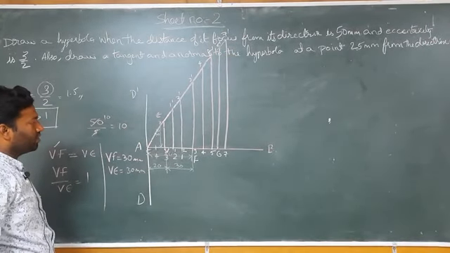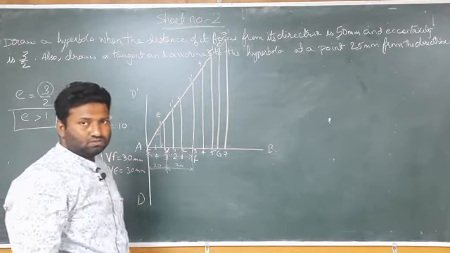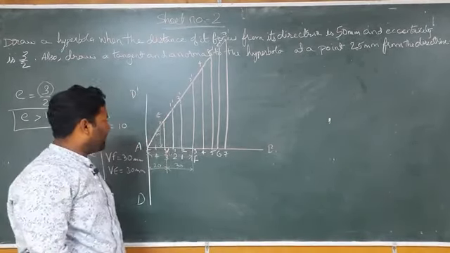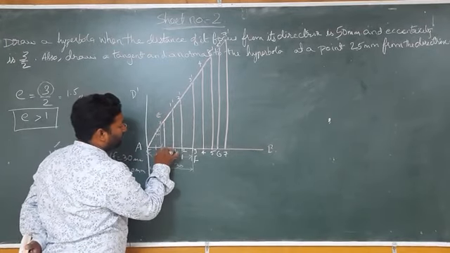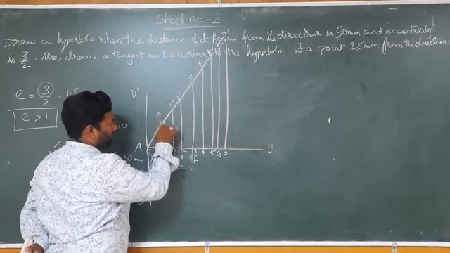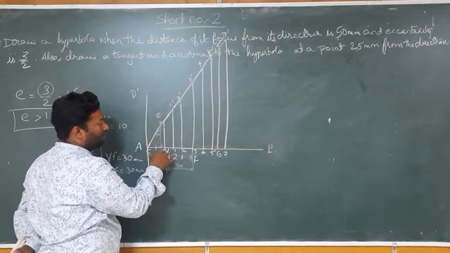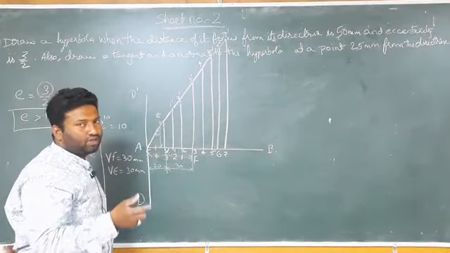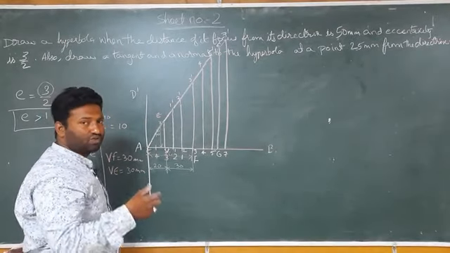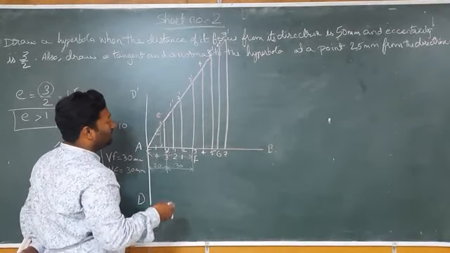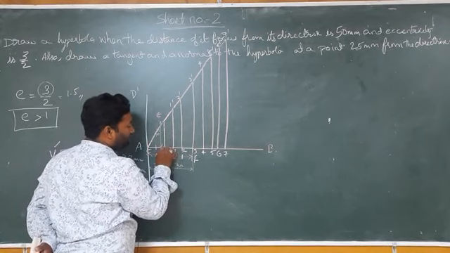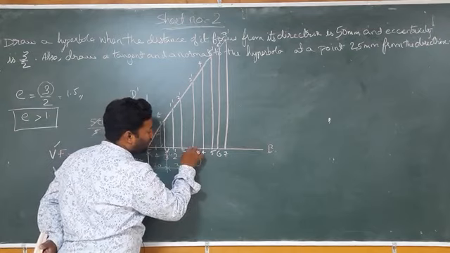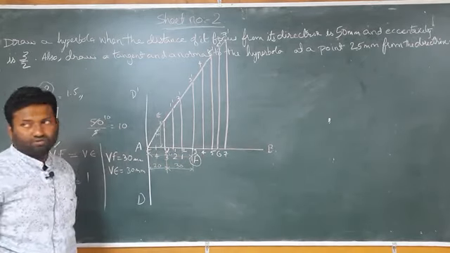After that, we have to use the compass with the pencil, and we have to measure the radius from V to E, that is equal to 30 mm. We know only V to E, so we can maintain the radius with the help of the compass. In that compass we will maintain 30 mm, and we will shift the center from V to focus. Here is the focus, and the focus is exactly on the third point, the third division.